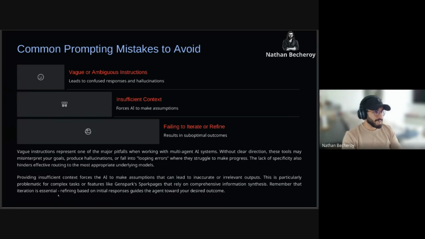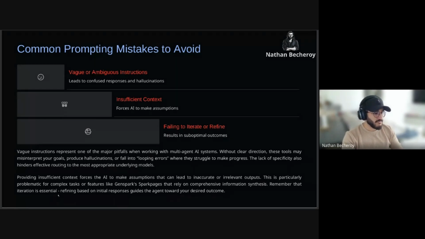So, common prompting mistakes to avoid. Generally, it's vague or ambiguous instructions, insufficient context, or failing to iterate or refine. These are the major mistakes, especially vague instructions.